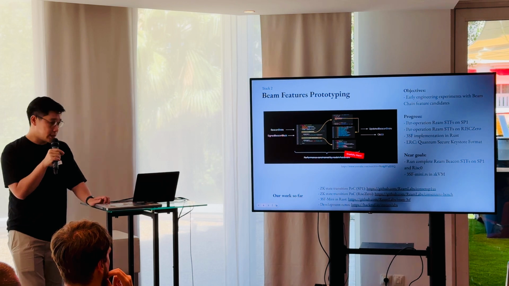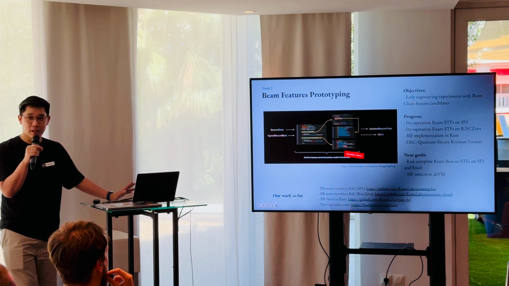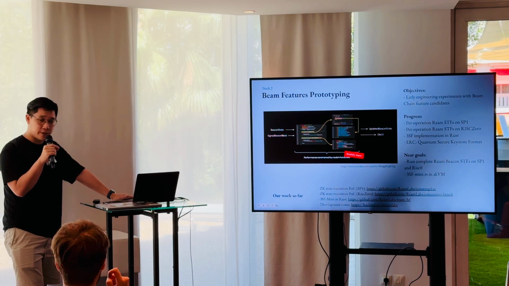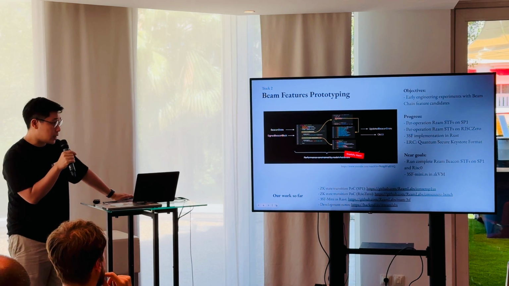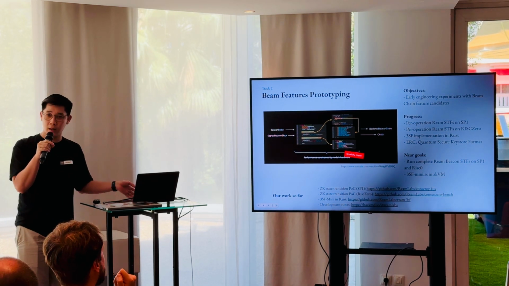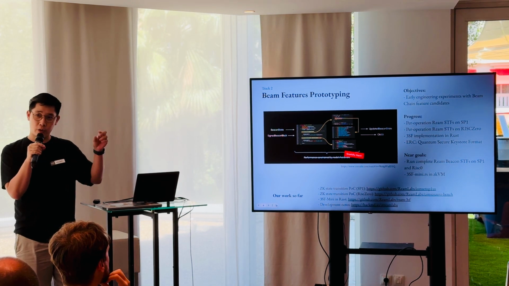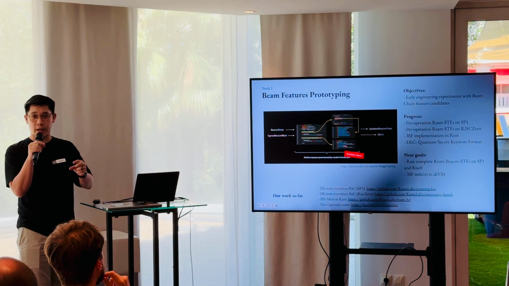The second track is Beam feature prototyping. The objective for this track is doing early engineering experiments with Beam chain feature candidates. Our progress so far: we have been able to do per operation Ream STF on SP1. By per operation I mean you have process block, and under process block you have process attestation, process block header, and so on.